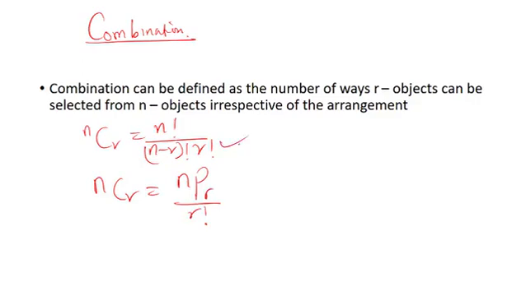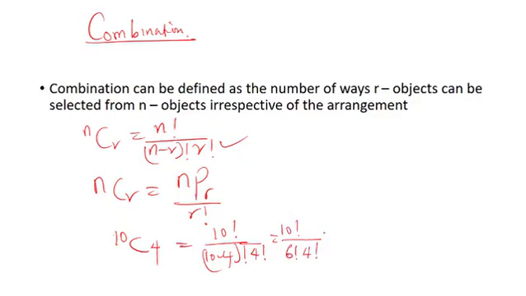Now if you want to apply this formula to find the value of 10 combination 4, you discover that our N here is 10 and R is 4. So let's put it here. We have 10 factorial over N minus R, which means 10 minus 4 factorial, then R factorial, that is 4 factorial, which is equal to 10 factorial over 10 minus 4, which is 6 factorial,